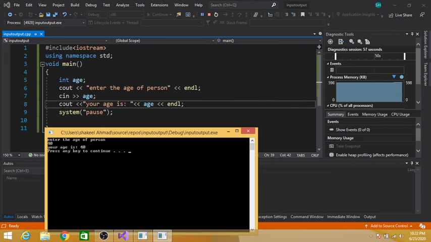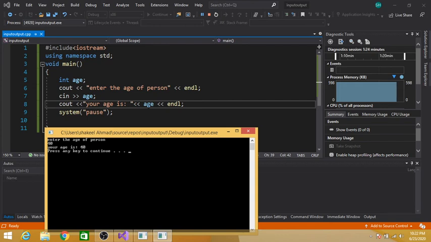And in the next line, cout is used to display the output on the screen. We are displaying "your age" because this is written in double quotes, it is printed the same here. Anything written in double quotes will be printed the same on the console window. Then the insertion operator, and then the age variable.